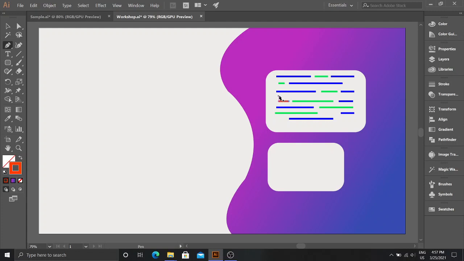And now we have a red line. So that's like a screen with a lot of code in it, looks like. Now let us drag this one out here.